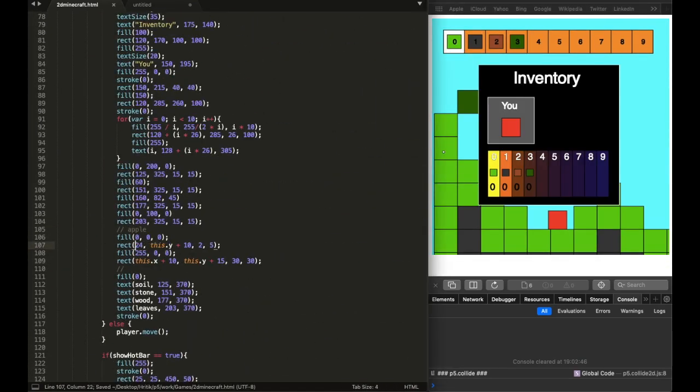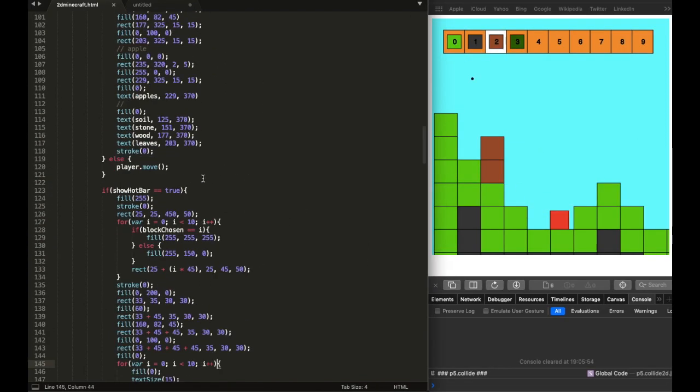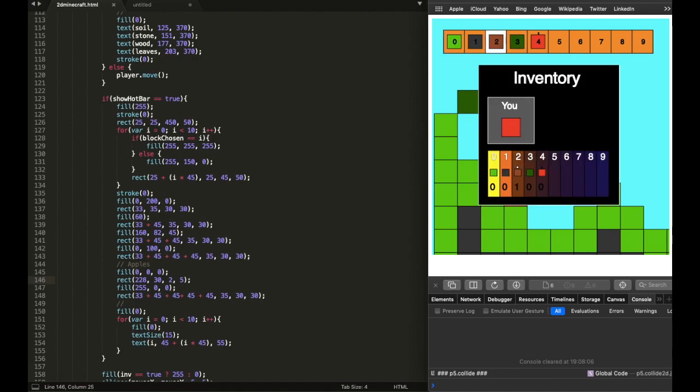So guys, the next step was to add food to the world. The food that I added was apples. Basically I made it so each leaf block would have a 30% chance of having an apple in it, and basically over here you can see I'm going to break the leaf block with the apple in it,